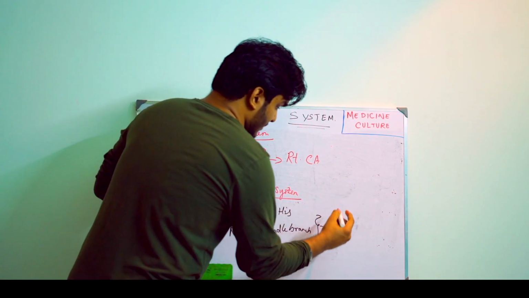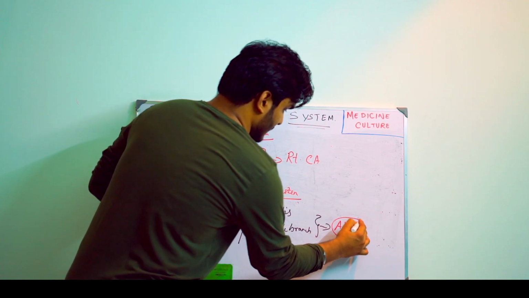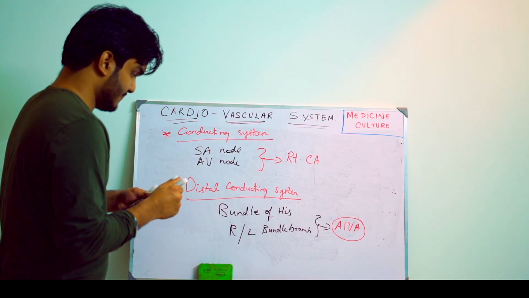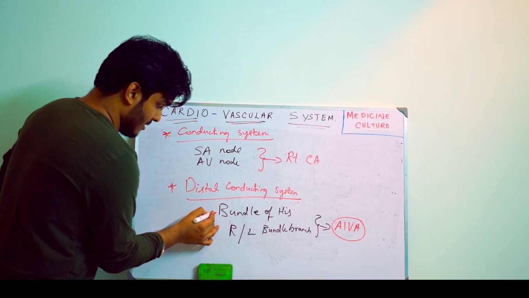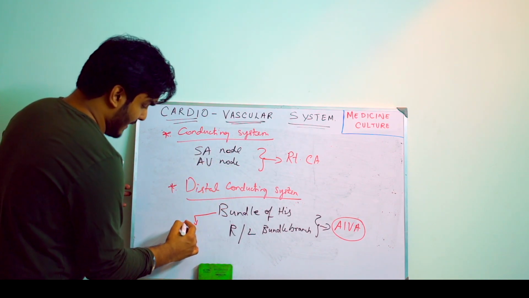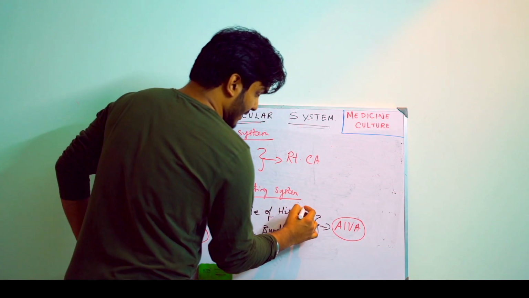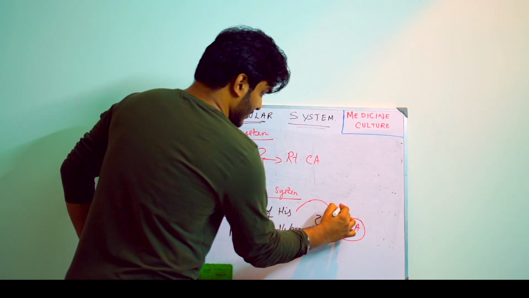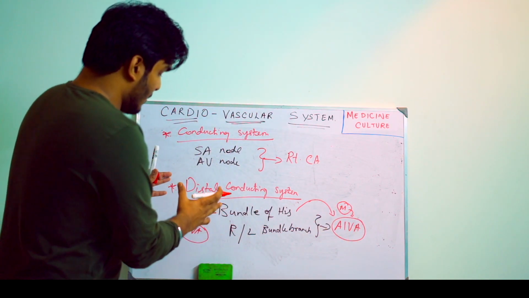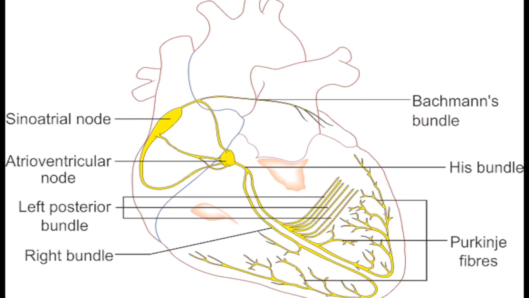Yes, left, that is the anterior interventricular artery, which is a branch of the left coronary artery. Just one small thing you need to remember is that the bundle of His is partly supplied by PIVA also, but majorly it's supplied by AIVA. Why? Because in the diagram that will be shown to you,